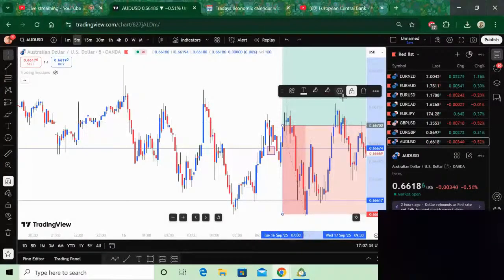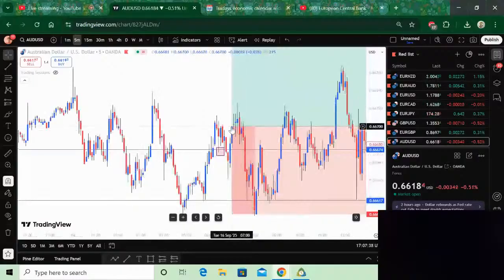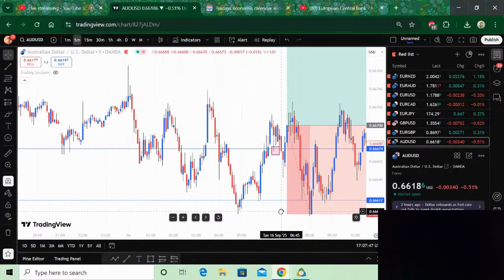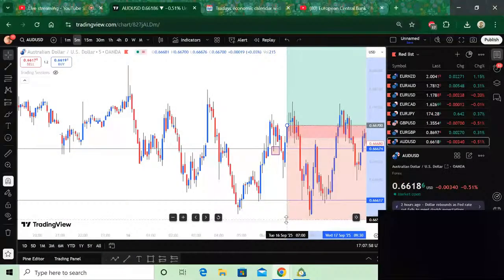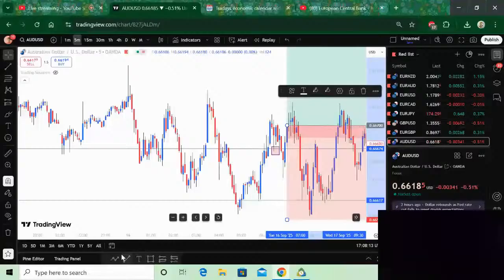Now, this so-called bullish signal, which is here, came all the way down here. And it came all the way down here because we did not give this a proper breathing space using our ATR indicator. We should also have used the ATR indicator, added it to our indicators, but we didn't.